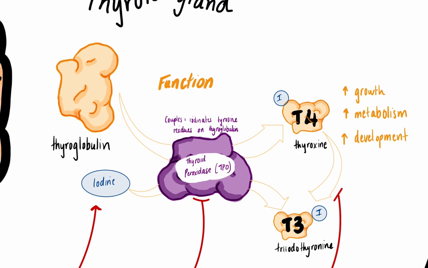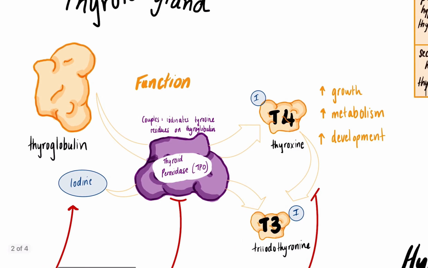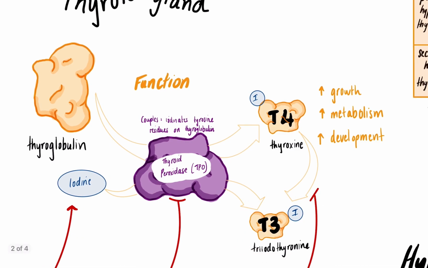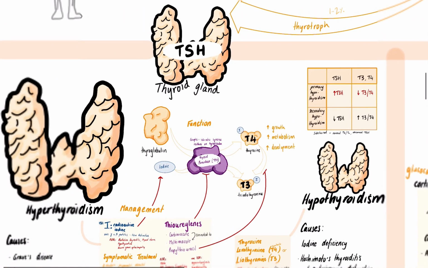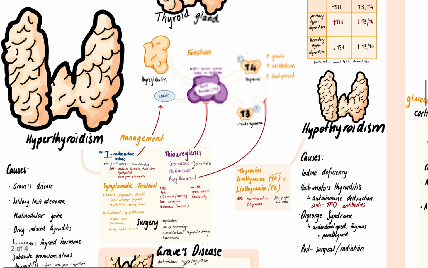So this can only happen in the presence of iodine, and this becomes relevant because in iodine malnutrition or iodine deficiency, you'll get reduced production of T4 and T3. And these are important because they're responsible for growth, metabolism, and development. So moving on to the